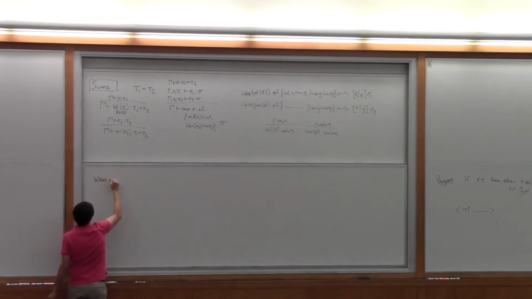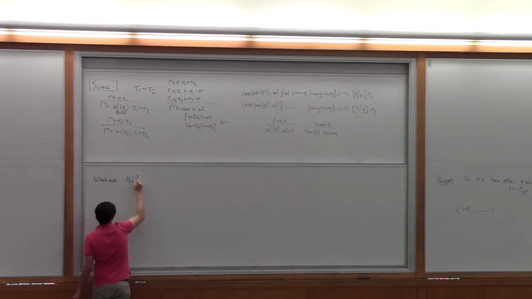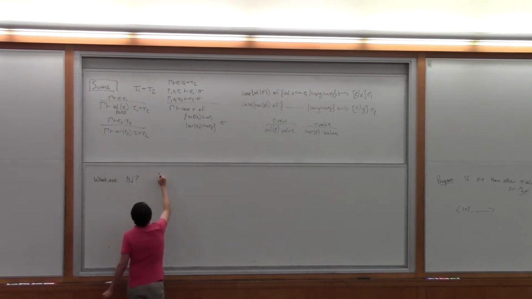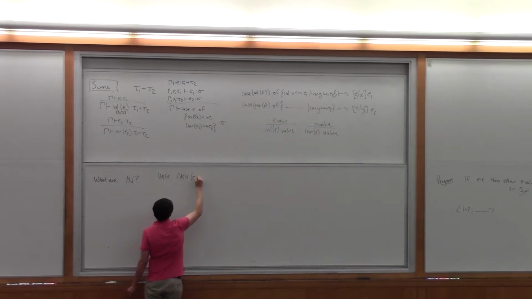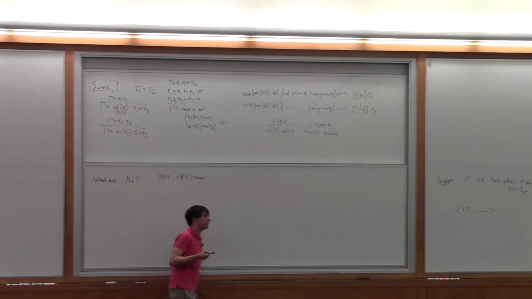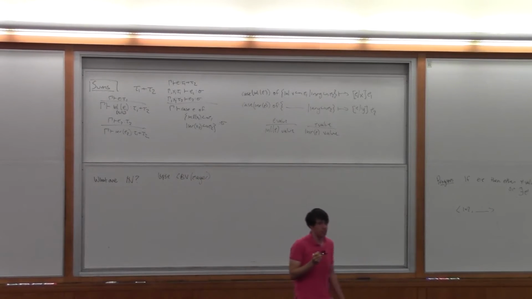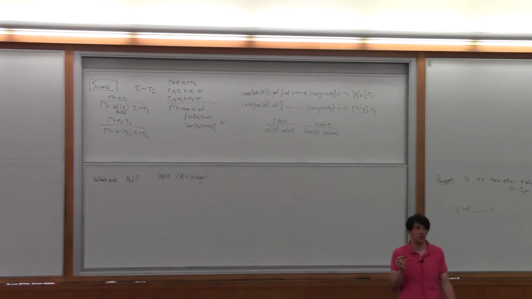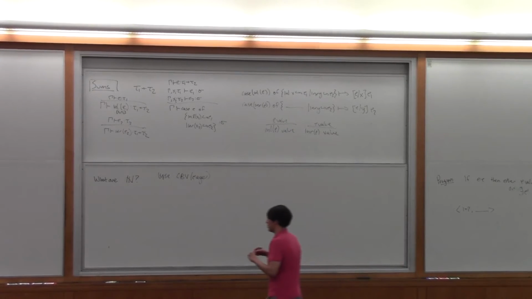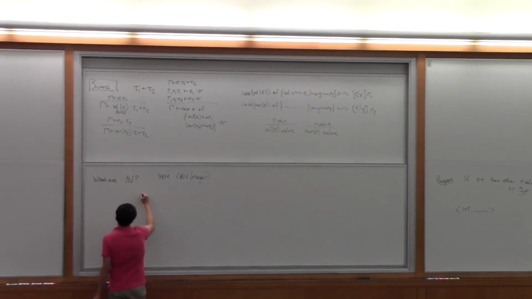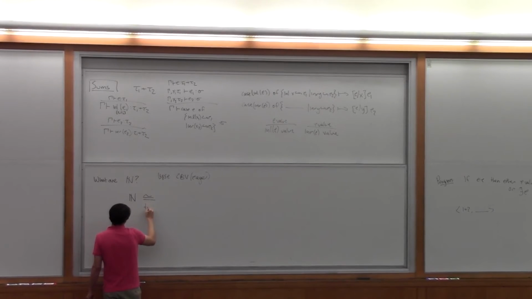What are the natural numbers? So let's just, for now, suppose that everything is call by value / eager. So we do the eager thing that we just talked about for products and sums, and we evaluate the arguments to functions before we step into the body of a function. We can characterize the natural numbers as an equation, which I'll write like that, which stands for a type isomorphism